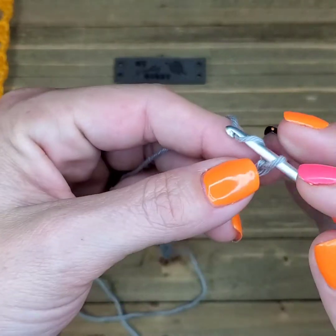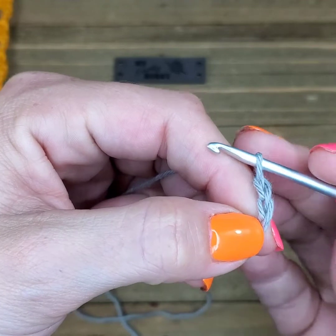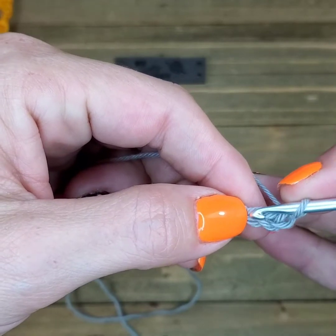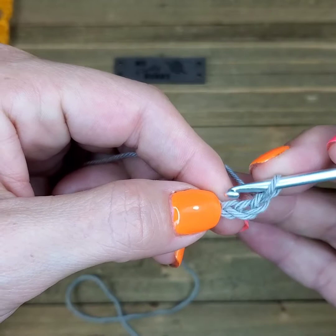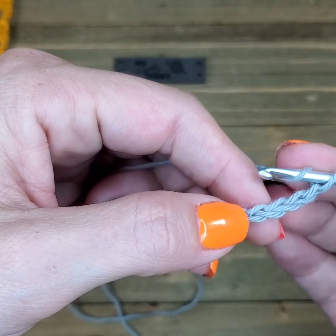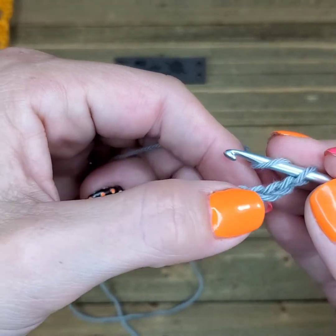So now we're going to add 2 more chains for our turn. And this last stitch of the 23, that's going to count as our first stitch. So this turn chain, those extra 2 chains, plus this one count for our first stitch. We're going to work our next stitch into the next chain. So we're going to go 4